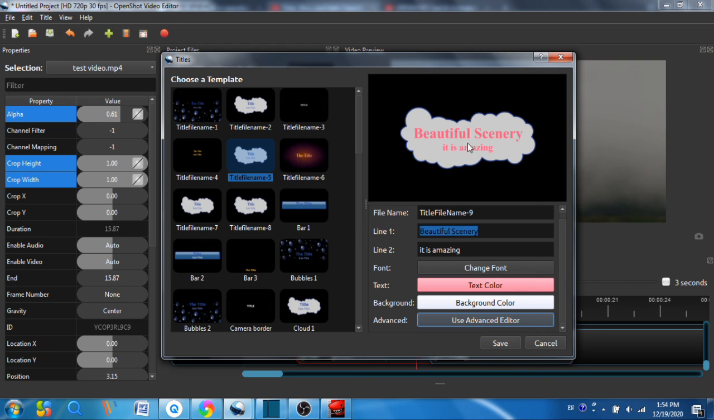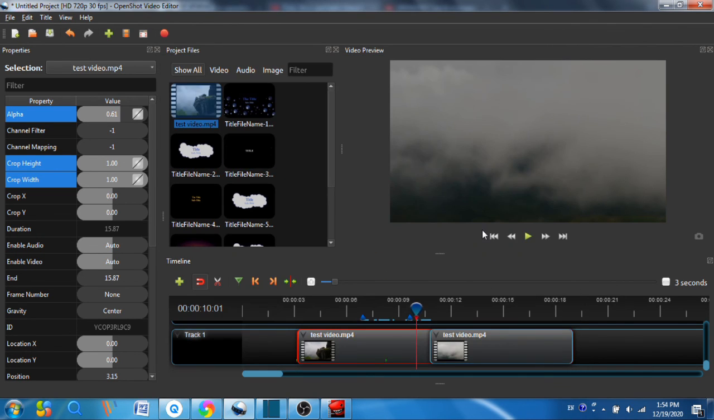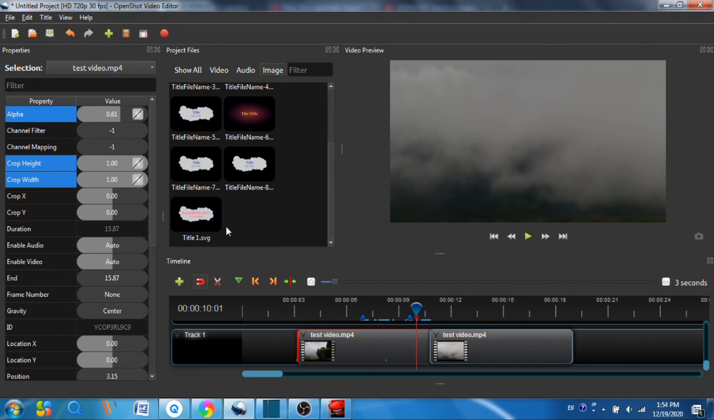function. After editing the text, you could just save it. You can also name it. For example, you could name it title 1 and then save it. But sometimes you find you cannot see the titles after saving it. So here you need to find the titles from the image. You can see these are some titles I just checked. So this is title 1 I just